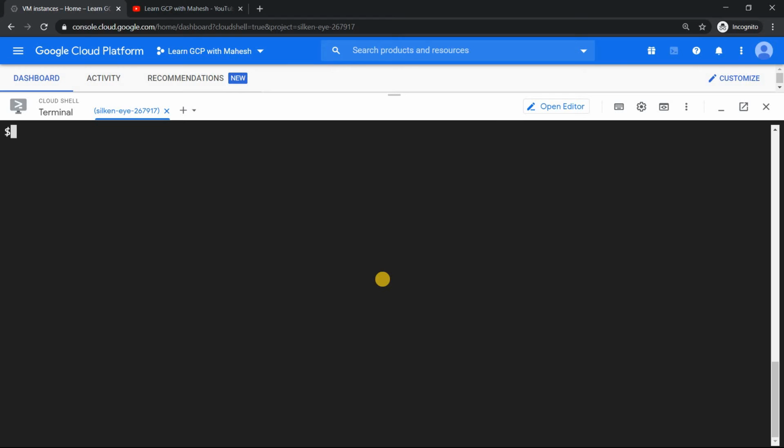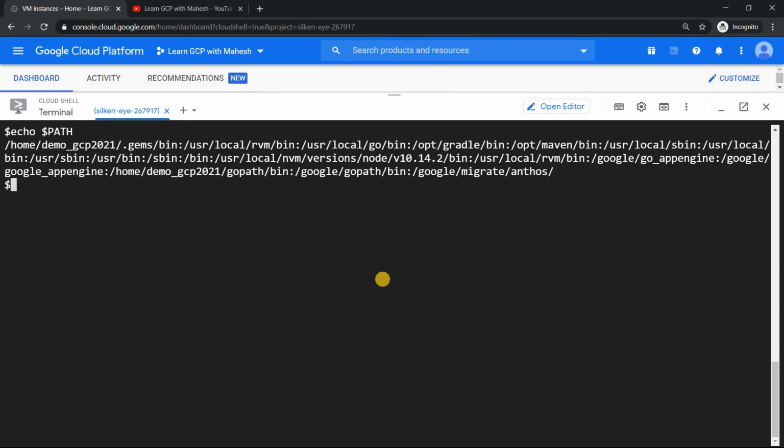That's good. But if you are into the totally extreme and advanced stuff, trying to do migration from on-prem to GCP or from AWS to GCP or from Azure to GCP, you are looking more at Anthos. Even Cloud Shell has something for you. To do that magic, just do echo $PATH. Then you will know the hidden gems.